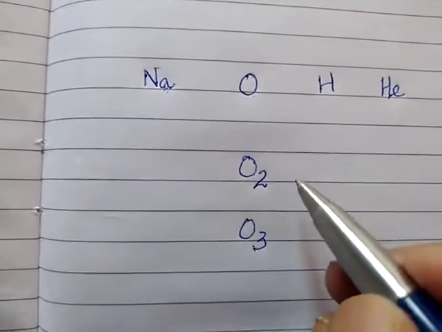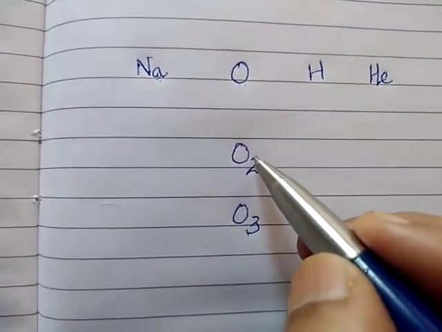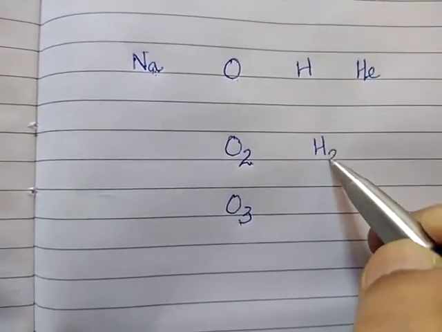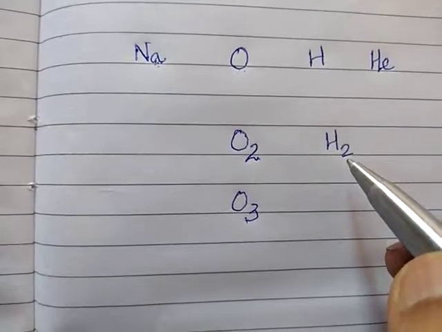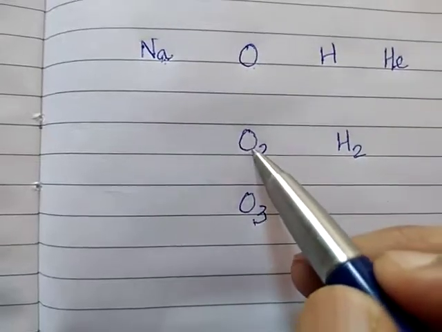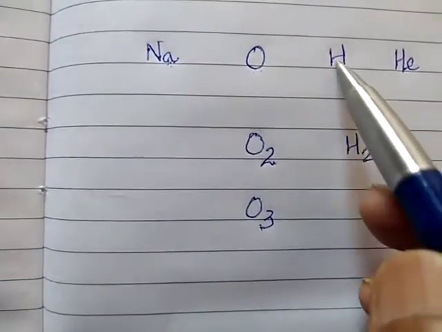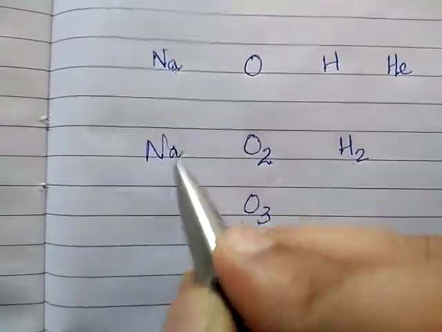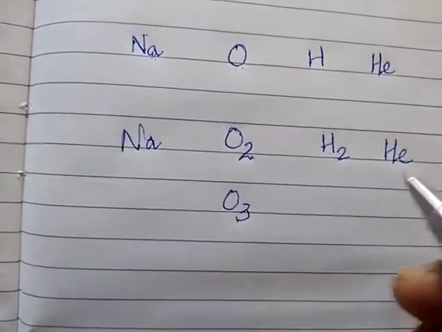If you remember from class 8, so many times when we were writing the reactions for oxygen, we were writing it as O2. For hydrogen, we were writing H2, not single H. It means that although the symbol is O, in nature 2 atoms of oxygen want to live together, or 3 atoms of oxygen want to live together, and 2 atoms of hydrogen want to live together. But sodium can exist as a single atom. Helium can also exist as a single atom.